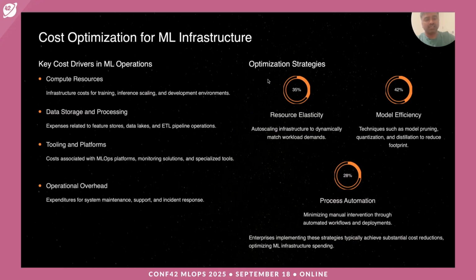Enterprises that actually implement these strategies definitely achieve significant cost reductions, and also most importantly visibility, right. Knowing where how much is going on is also extremely important while we're building this system, so that we know where to increase our spending and how we can optimize is also an extremely important decision that we can look at.